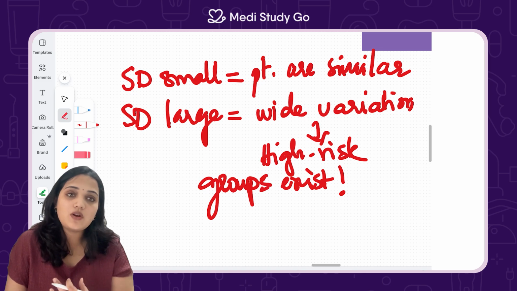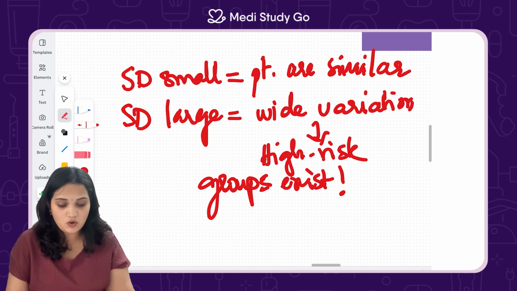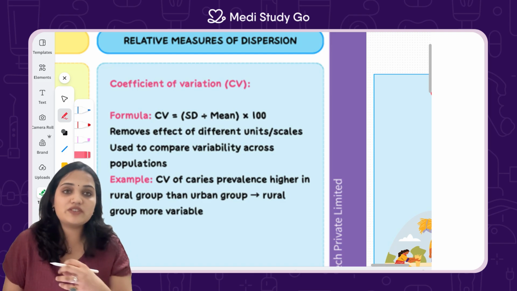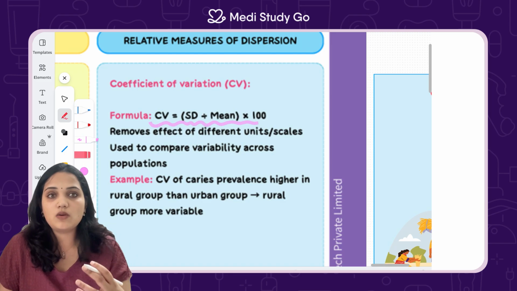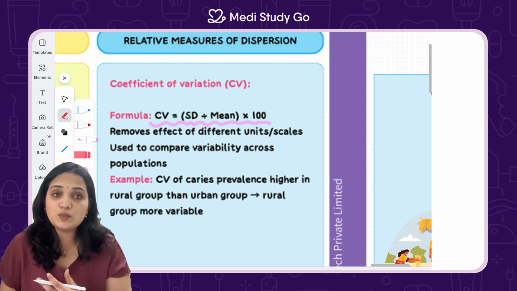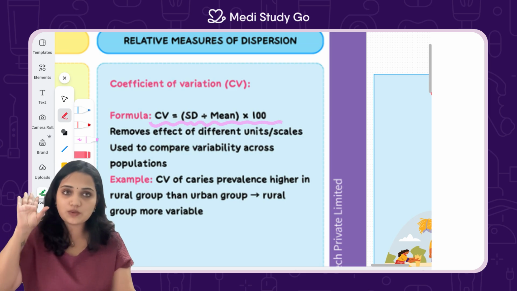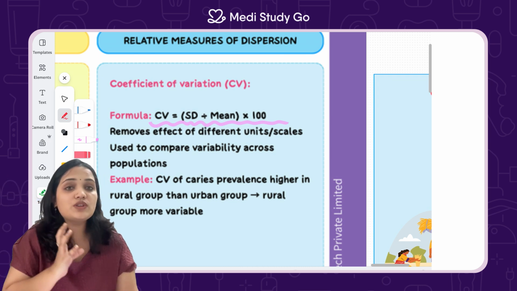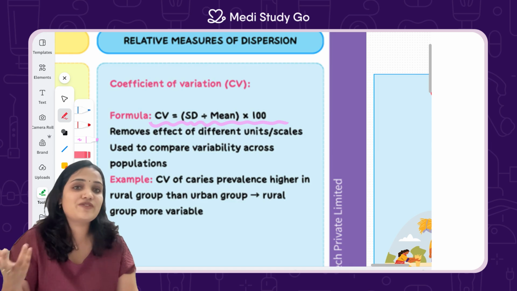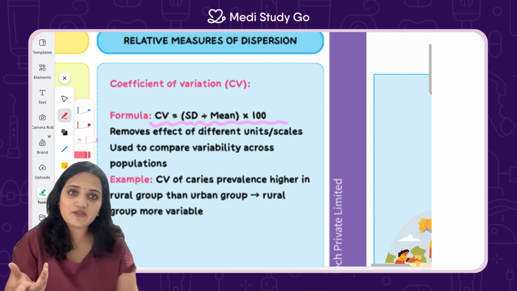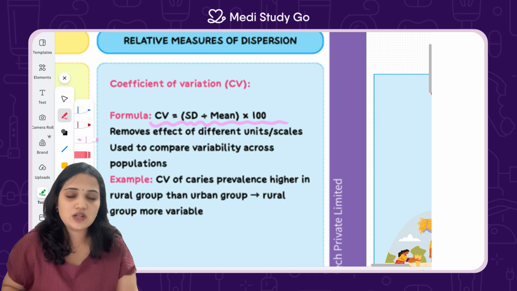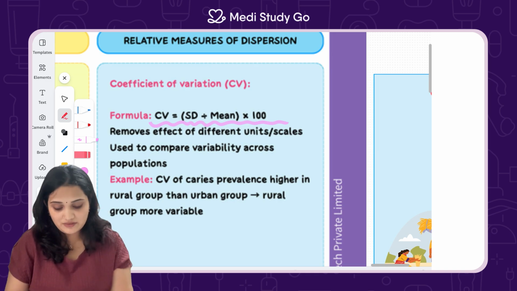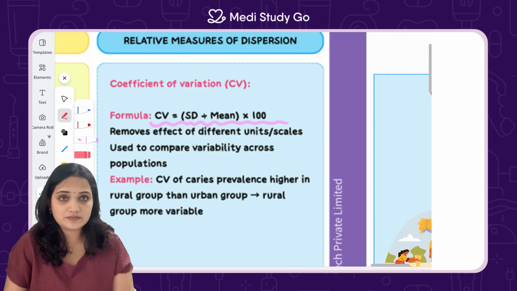Now, these were what we call the absolute measures of dispersion. There is also something called relative measures of dispersion. In this, the first one we have is coefficient of variation. Now, we can compare two groups with different means. Till now, we only worked with one data set, one group of mean, right? Over here, we can work with two different groups of data sets with two different means. For that kind of data, we use coefficient of variation. The formula is very simple. It is the standard deviation divided by mean into 100.